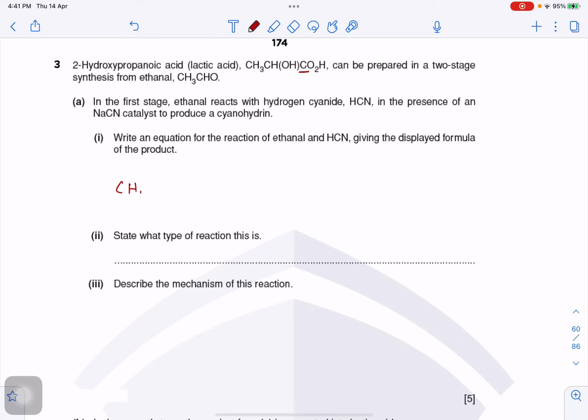So I start with this compound, CH3CHO. Let me just draw it out. Okay, so this is the compound. I add HCN to this. So HCN adds in a way that the cyanide is going to attack the carbon. That carbon, let me show you. This cyanide ion with the negative lone pair is going to attack the carbon because the carbon has a slightly positive charge. Because of that, you're going to get this carbon with the CN with it.